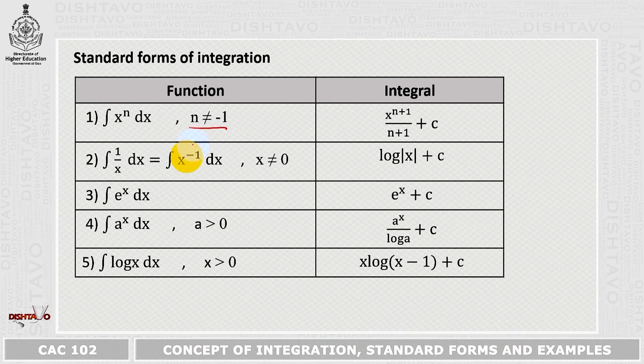You can also write this form as 1 upon x, because whenever you have any term raised to minus 1, you can bring it in the denominator and change its power. So, you have minus 1 over here. When you get it in the denominator, the power changes its sign. So, negative will become positive. And you cannot use this formula when you have x equal to 0. So, you cannot have 0 raised to minus 1. Other than that, you can use the formula.